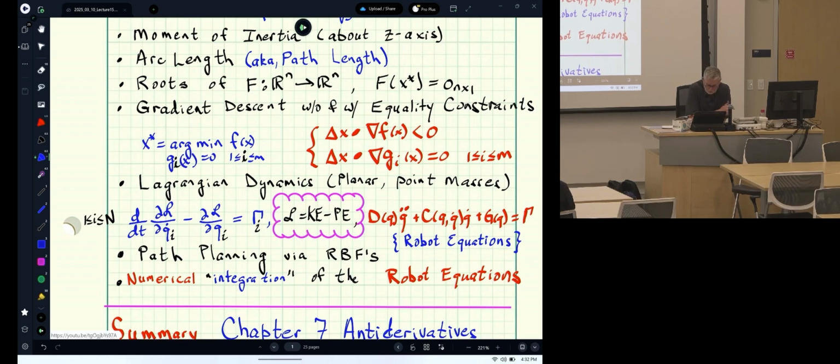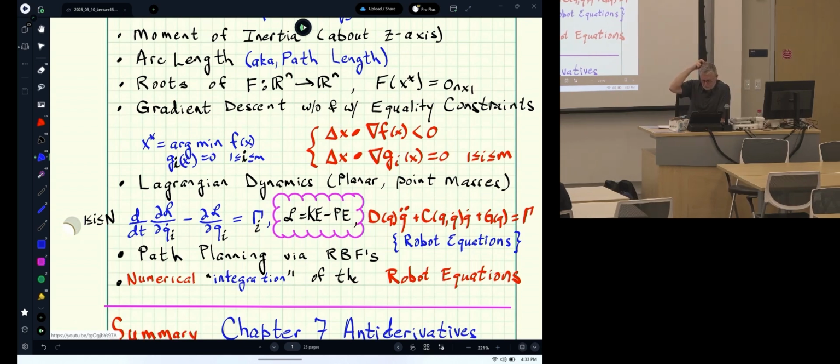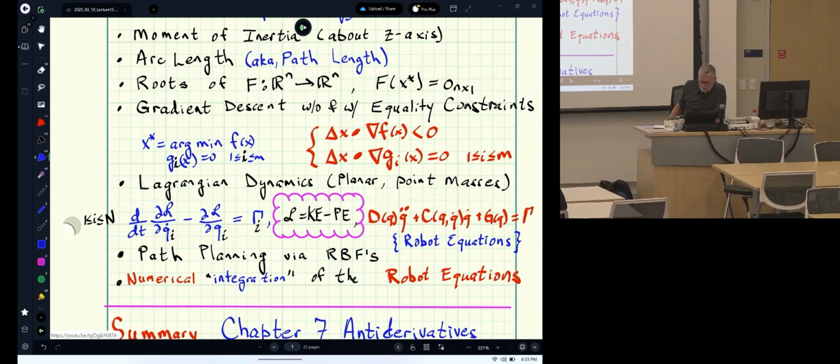We moved on from there to Lagrangian dynamics. Now we did it for planar bodies of point masses connected by links with revolute joints. So that covers robot arms and legs and many other interesting things. And the amazing part is, if you understand two quantities, the potential energy, PE, and the kinetic energy, KE, then by this magic thing called Lagrange's equation, you can generate a set of differential equations that describe the motion of